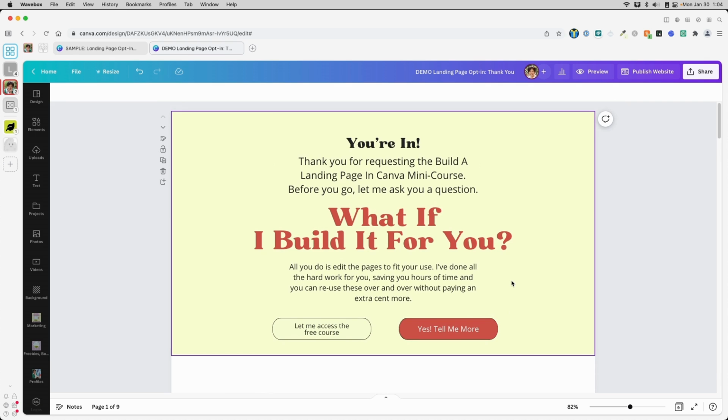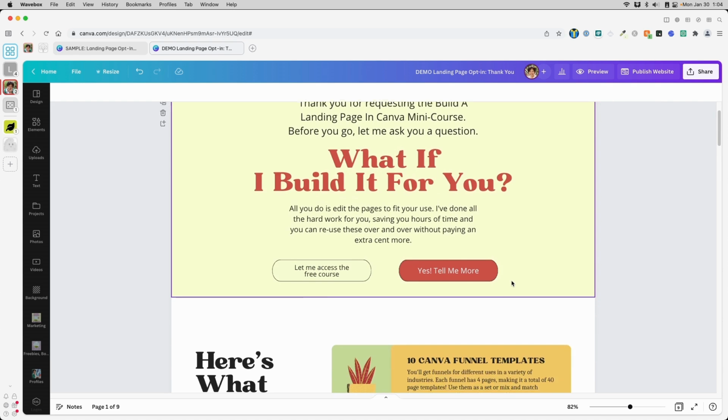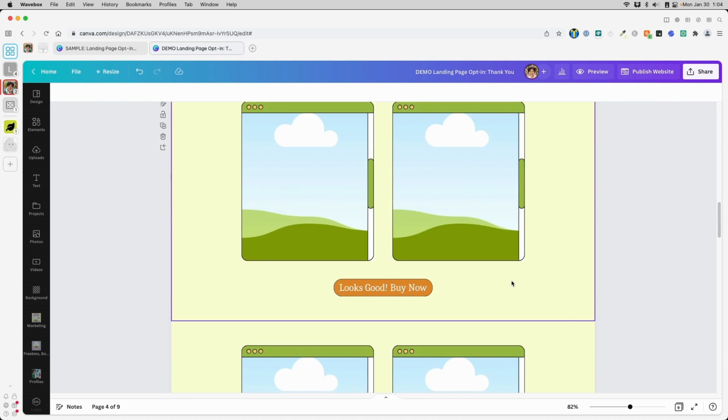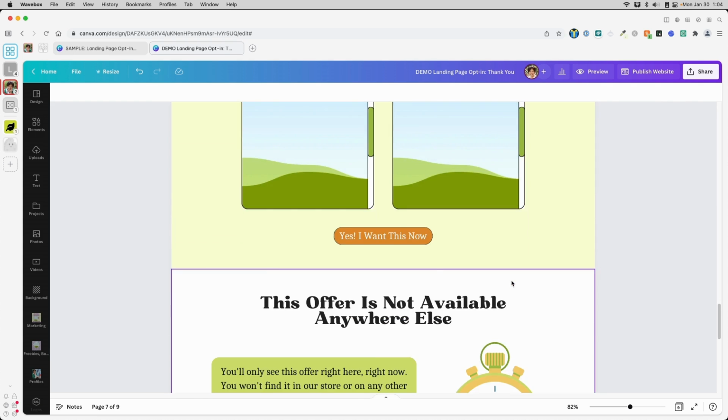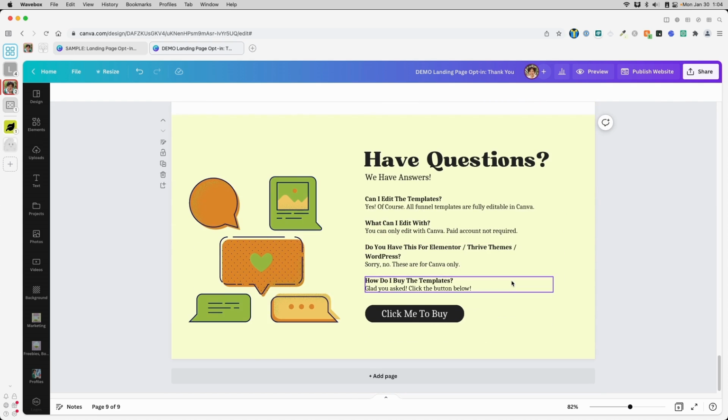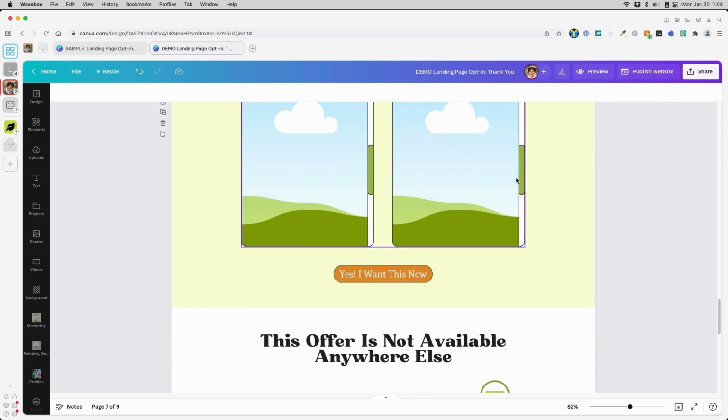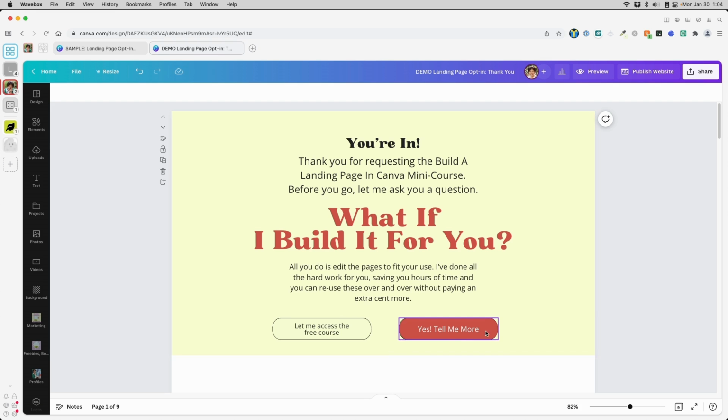This page will have two purposes: to say thank you, here's what you asked for, but before you go, I've got a pretty good offer here. Why don't you check it out? And then tell them what the offer is, give them multiple chances to buy, and then a last pitch effort right here. Up on the top here,